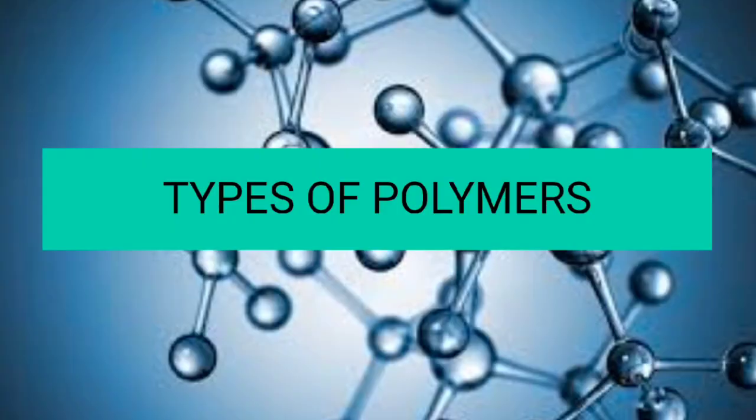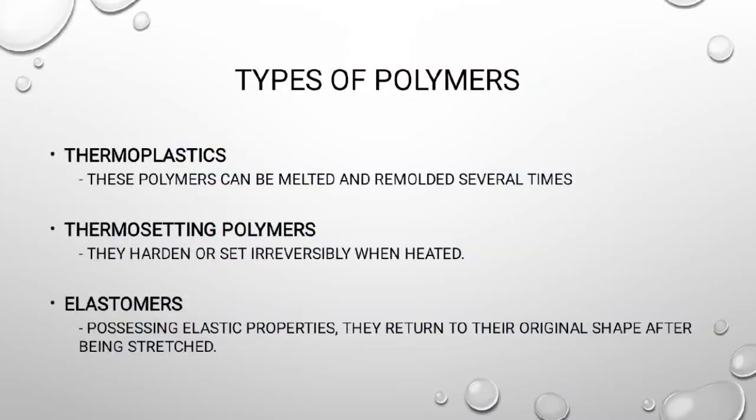So in the types of polymers, there are three types, which are the thermoplastics, thermosetting polymers, and elastomers. So in the thermoplastic polymers, these are polymers that can be melted and molded several times. So thermoplastic, from the word itself, plastics, meaning to say those particular materials which are made of plastics